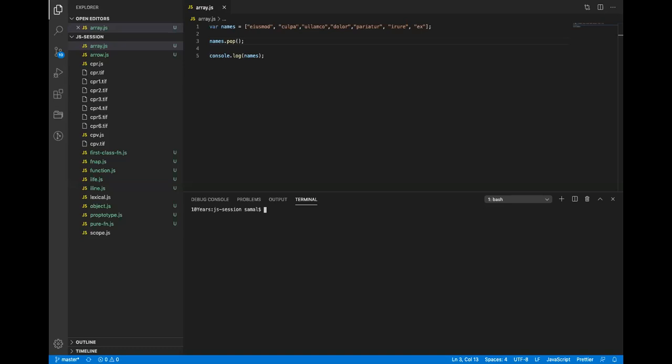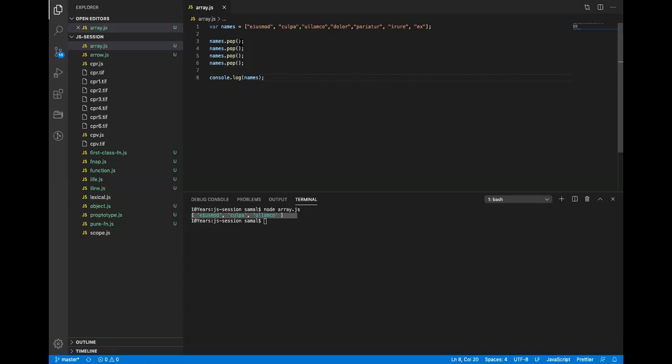It basically removes an item from the end of the array. If I run this, it just removes the value, right? If I do pop multiple times, it will keep on removing the items one by one from the array. See this. So basically, it removed 4 items. First it removed this, then this, then this, then this. So only 3 items have been removed, left with the original array. The same way, the array push and pop operate at the end of the array.